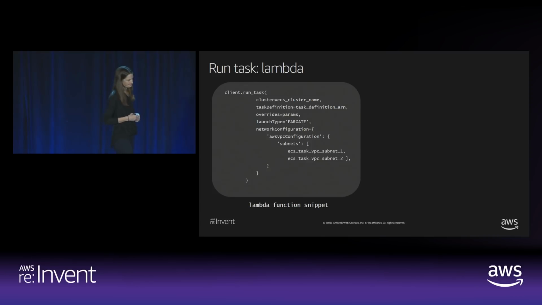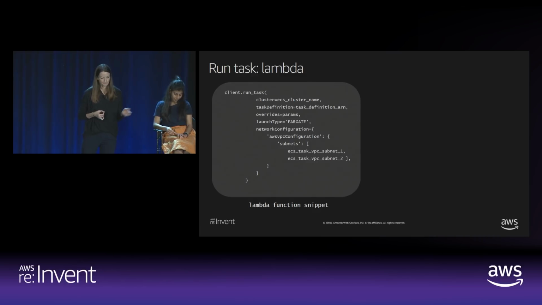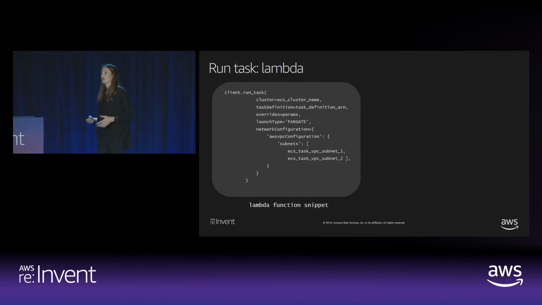run the task. And so you'll need to identify your cluster, the task definition that we just talked about, and any runtime overrides. A good example would be where that file is, or that quality threshold that I talked about. So anything you're overriding that is defaulted in that container. Launch type is Fargate. You can actually change this to EC2, and exec onto your container and do some troubleshooting, and then change it back to Fargate when you're ready for the benefits of Fargate again,